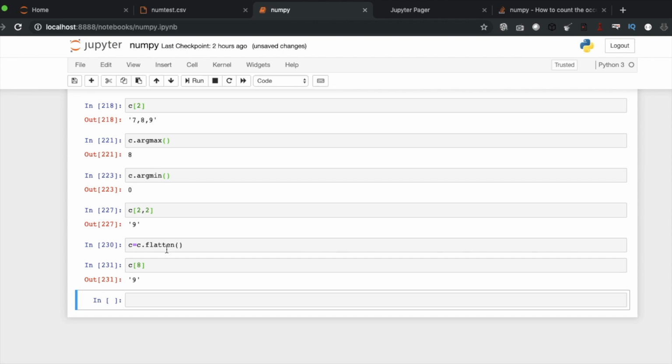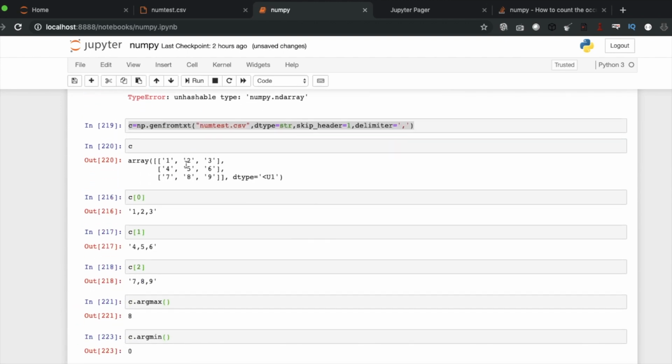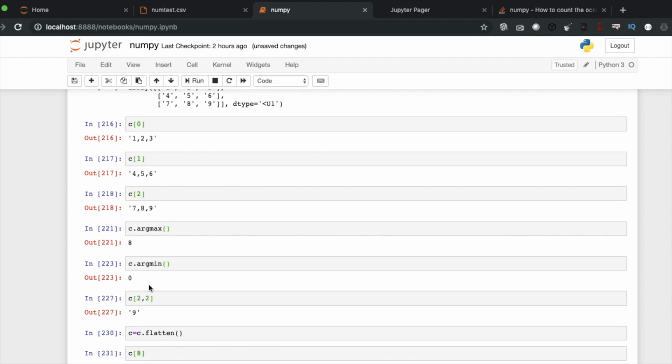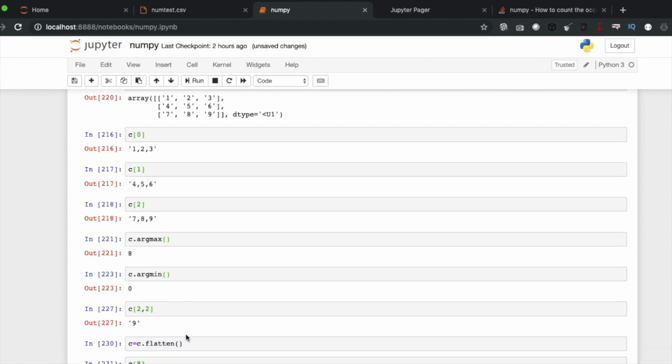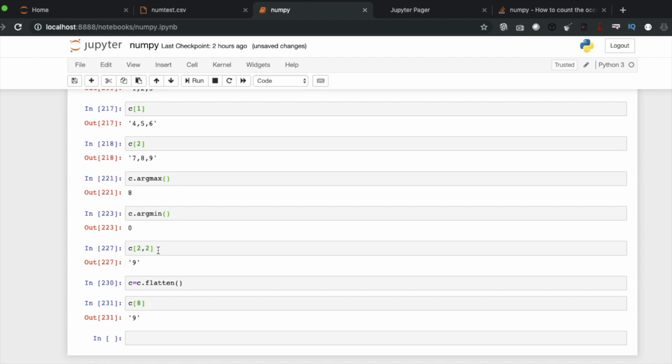So this is quite an interesting thing. If you have a list of CSV files, you can load it into your NumPy array using delimiter and so on, and after that you can do some sort of operation. I was also not sure about this, and I just came to know at this moment that it actually flattens the array first.